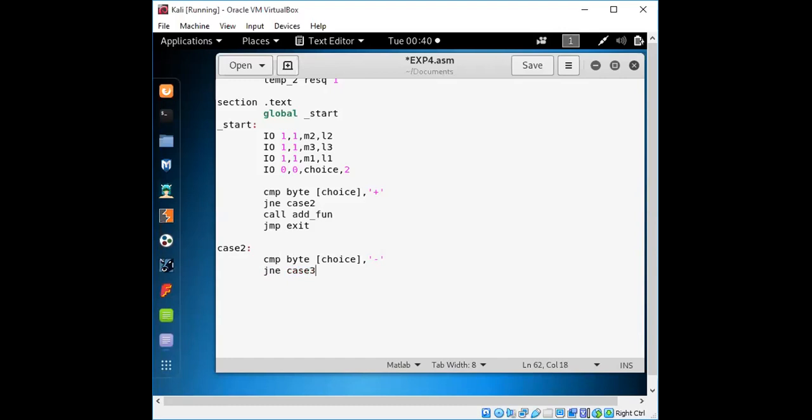Then it might be case 3. Call for another function and exit. Okay. So this will be just a function call, like in the main we are not writing.